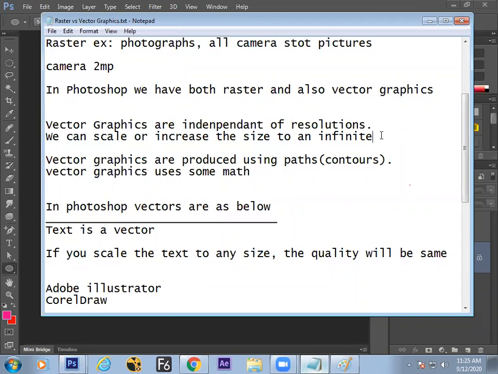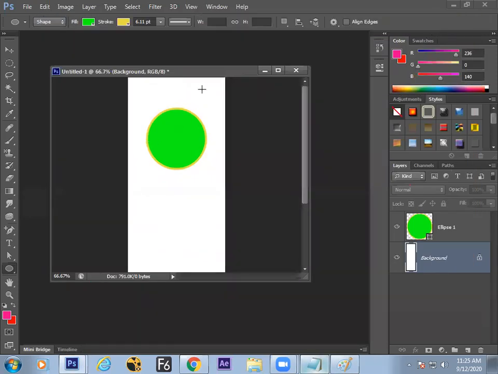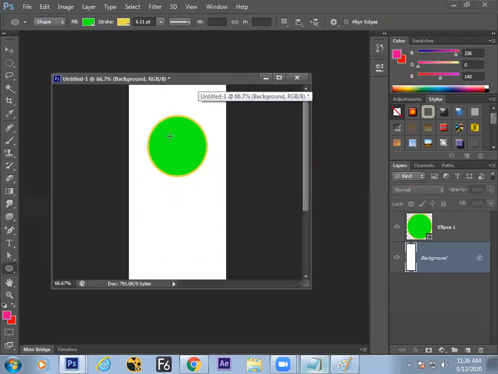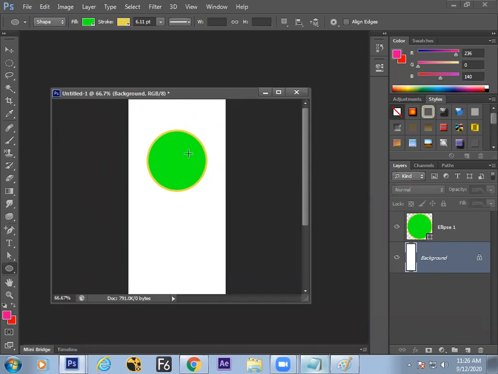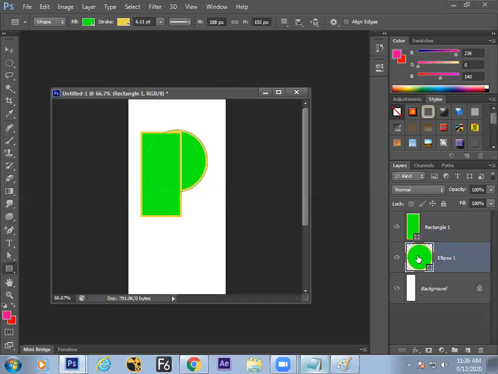Okay. Okay, sir. So there are some other tools also. If you don't want this shape like this, whatever you created in the initial stage, you want to retain the same shape, that is also there. If you don't want this become to circle, you want like the previous one, we can do that also. Okay. So that things like adding, subtracting circles or rectangles, these modes are there that we will discuss. Okay. In the next class, we will discuss how to add two circles into one layer. This is ellipse, right? If I add a rectangle here, that's going into a different layer. I want that in this layer only, like unique shape.